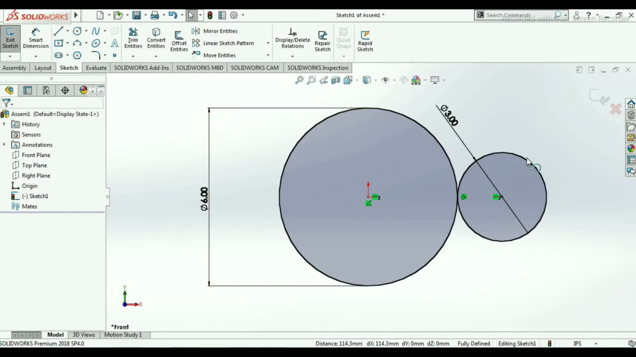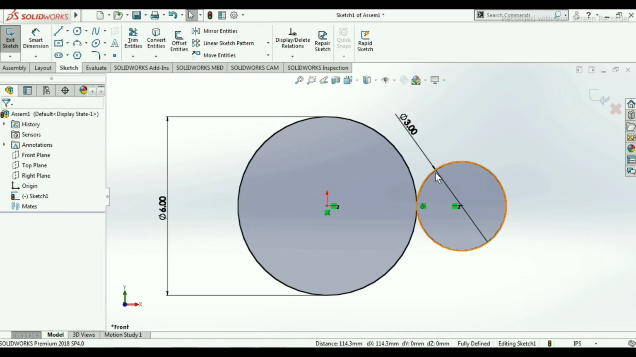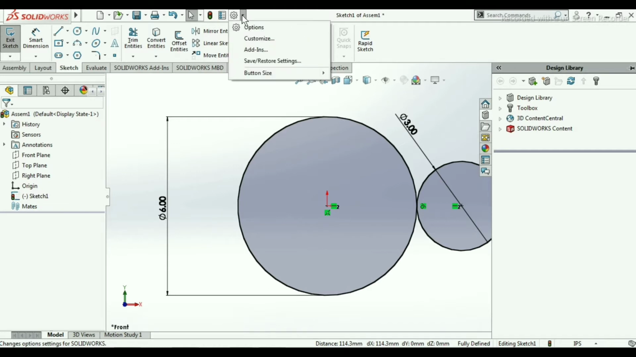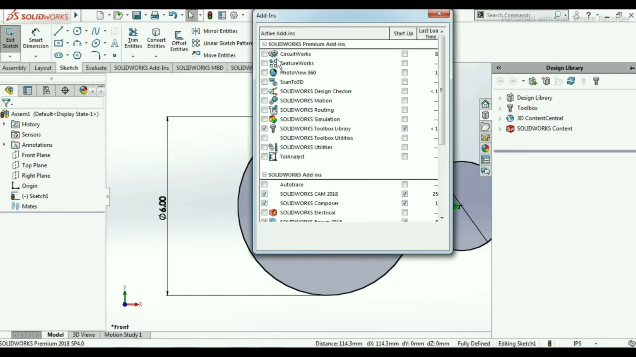Now we want to add the spur gear in this sketch. So for adding this we have to click on this design library. In design library there is the option toolbox. If in your case this option is not there, then you can also select from here. So in the options there is one arrow. If you click on this arrow, there is another option, that is add-ins. Click on this add-ins